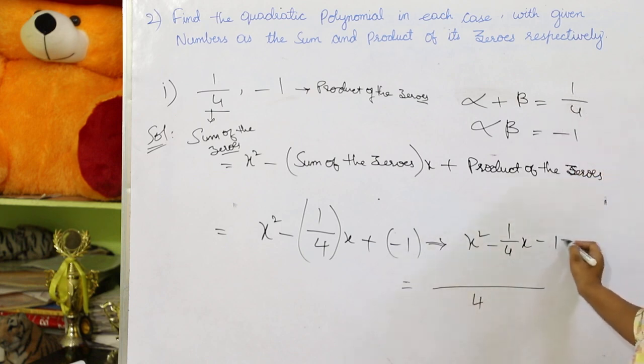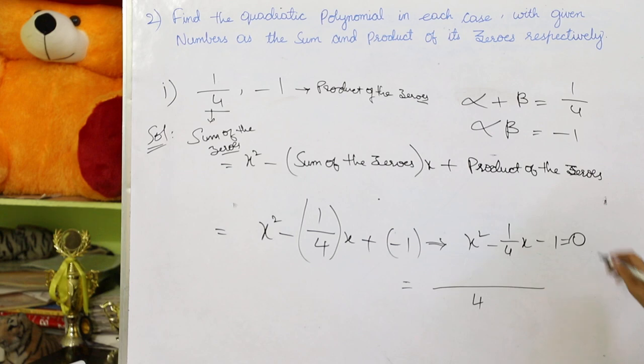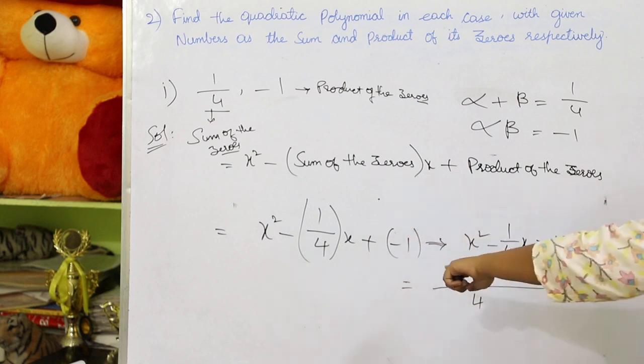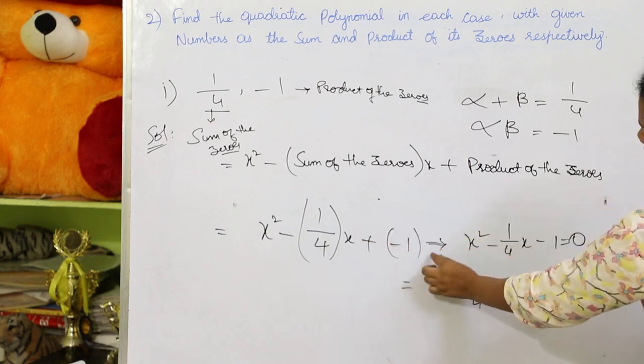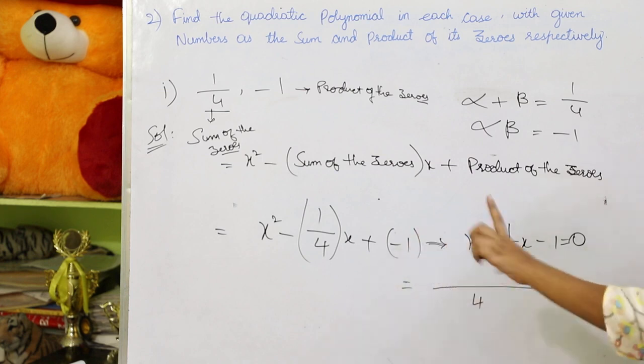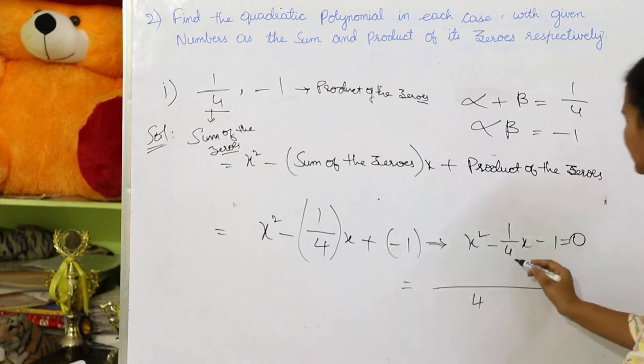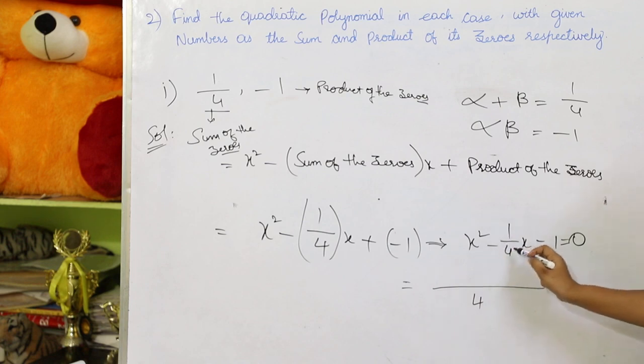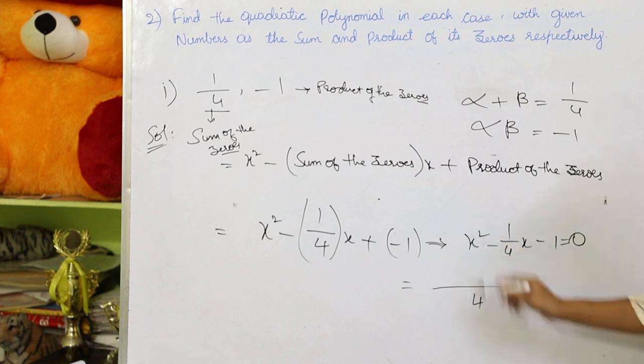Okay, equate the whole equation to 0. I have said before, equate the whole equation to 0. Where here you have x square minus 1, so this all is equal to 0. Equate the equation with 0 firstly. Now for the LCM you take 4, where here the denominator is only 4. 1 over here, 1 over here, 1 over here, the denominator is only 4. So here you take 4 as LCM. Okay, LCM is numerator by denominator, that